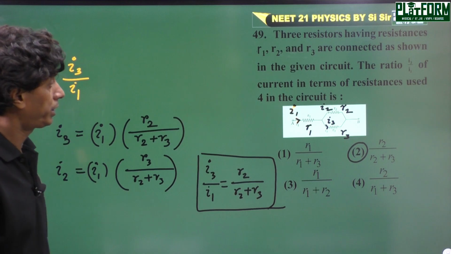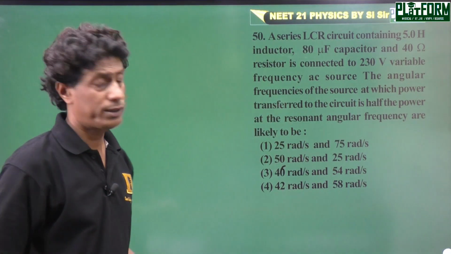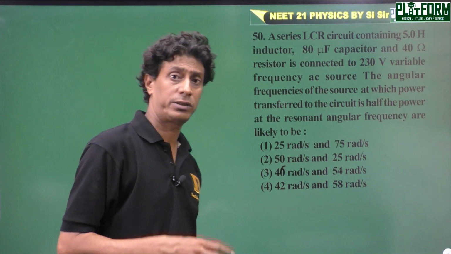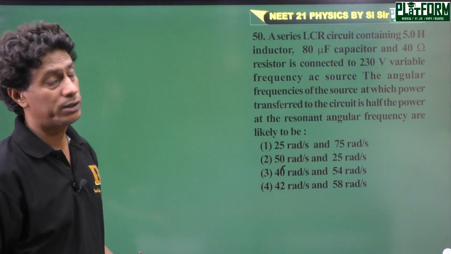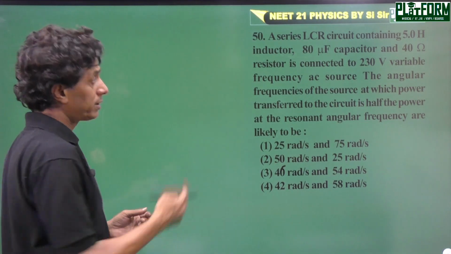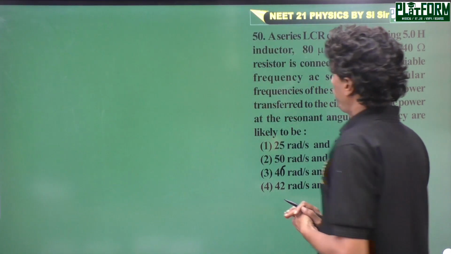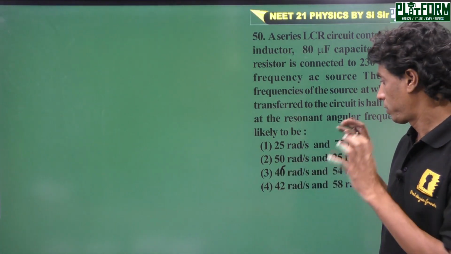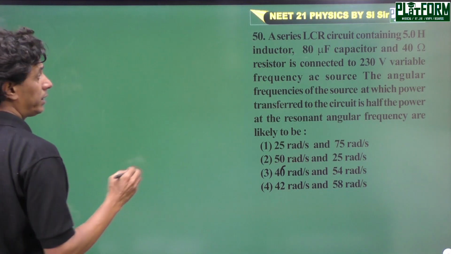Next, question number 50. A series LCR circuit. Again, the problem taken from alternating current in the section B. Similarly, one question is also taken in the section A from alternating current of NEET 2021. And this is the last question of this video session. I hope you are understanding and getting the correct option. Next, here